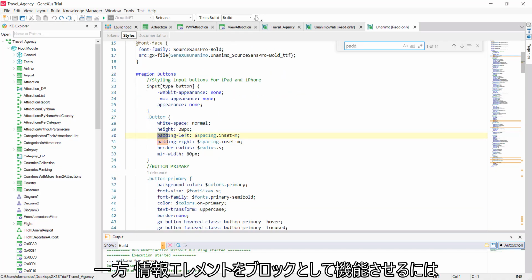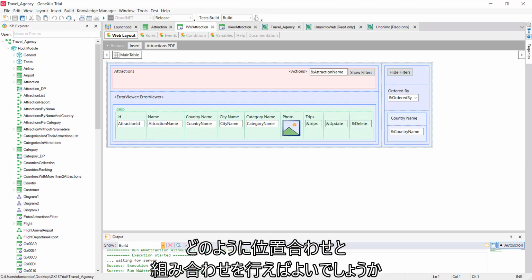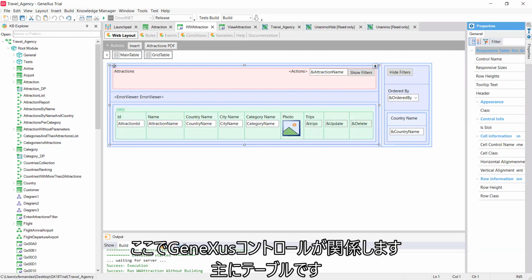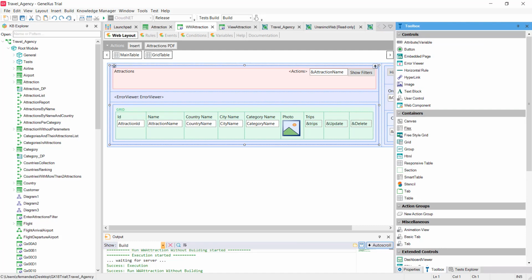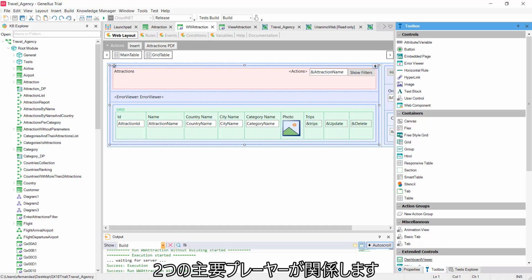On the other hand, how do you achieve alignment and combine information elements so that they work as a block? That's where GeneXus controls are involved, mainly the tables. In other words, two key players will be involved, the controls and layouts, and their classes in the DSO.